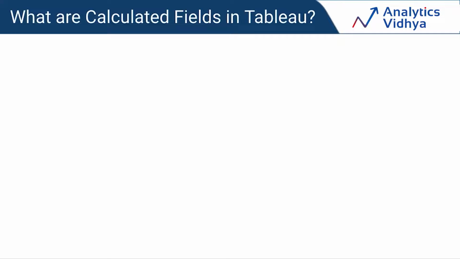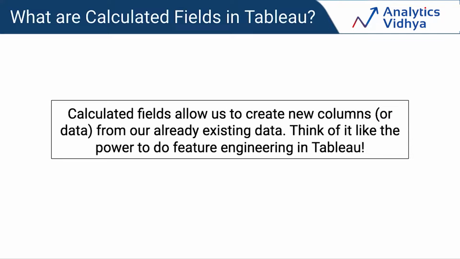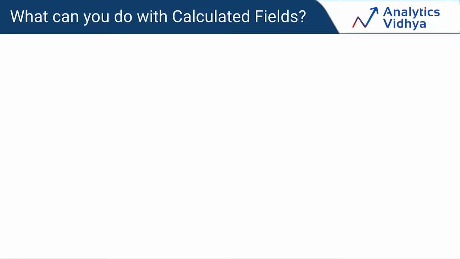Let's put a formal definition to calculated fields. What exactly are they? Calculated fields essentially allow us to create new data or columns or features from the existing data that we're working with. Do you see where the feature engineering concept comes in? So don't let anybody tell you that Tableau is just a drag and drop interface. It's so much more than that. I'm sure you're already thinking of different ways you can use calculated fields. Let me show you 5 examples from my own experience where I've leaned on calculated fields to improve my dashboard